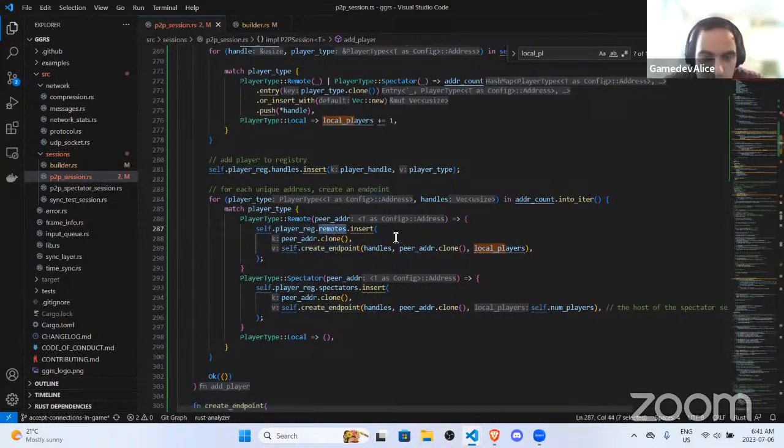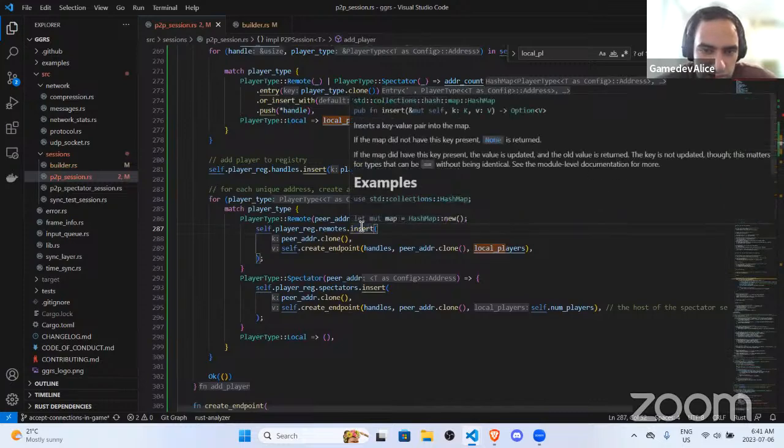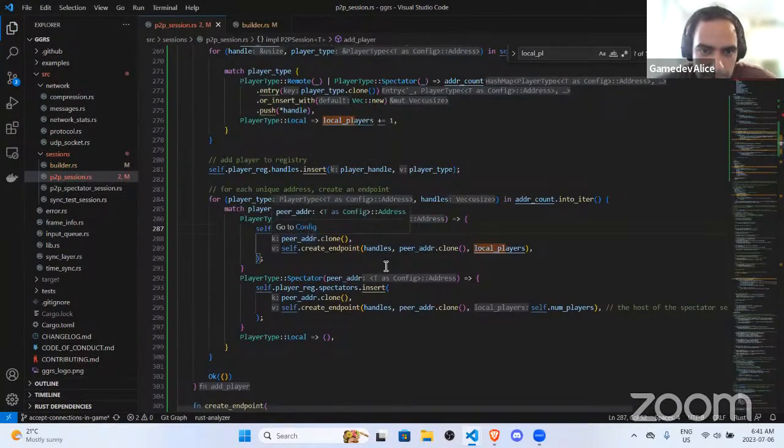Register remotes insert. So it gets inserted as a remote in the player registry, or as a spectator, right? All right, and then they can have multiple handles. So if it already exists, we'll have to overwrite instead of insert, right? But if it's new, we'll have to insert. So insert or,